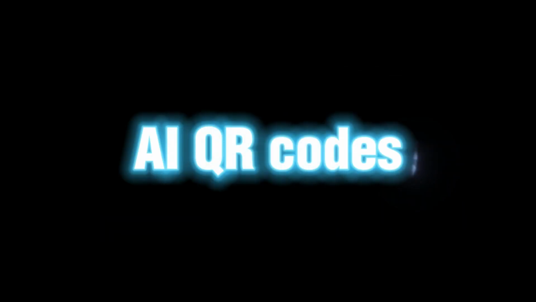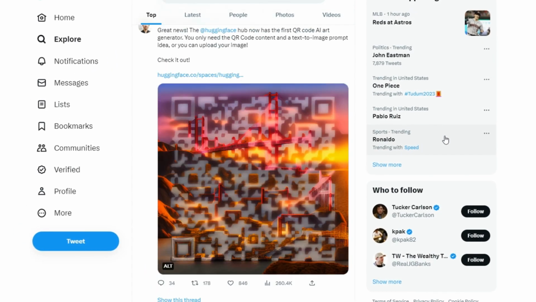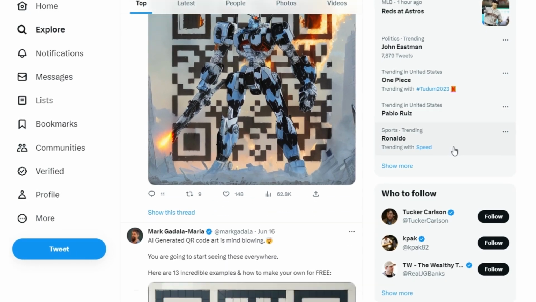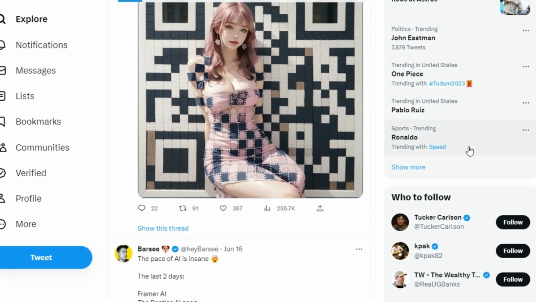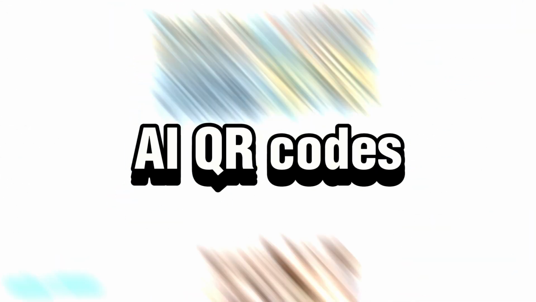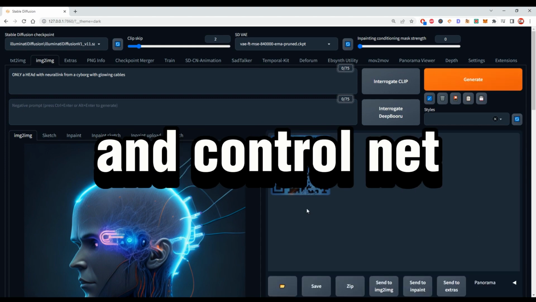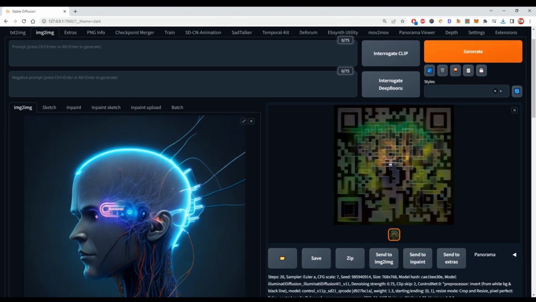How to make AI QR codes. You've probably seen these beautiful AI QR codes going viral on Twitter. In this video, I will show you how to create these AI QR codes using Stable Diffusion and ControlNet. After multiple failed attempts, I was finally able to create working AI QR codes, and I will share with you